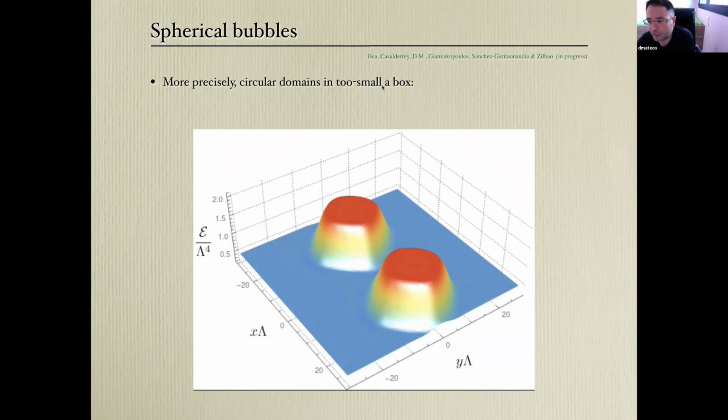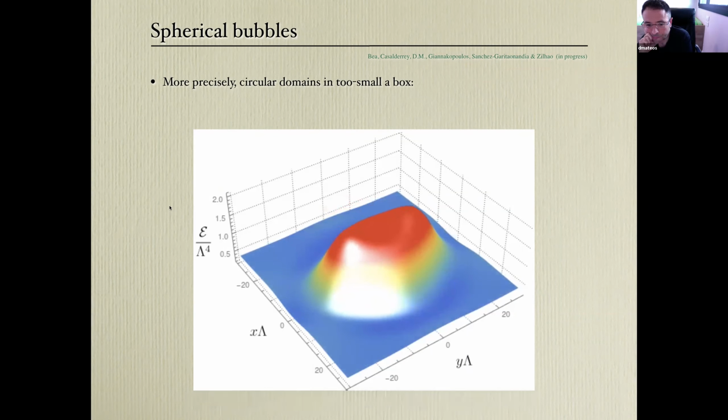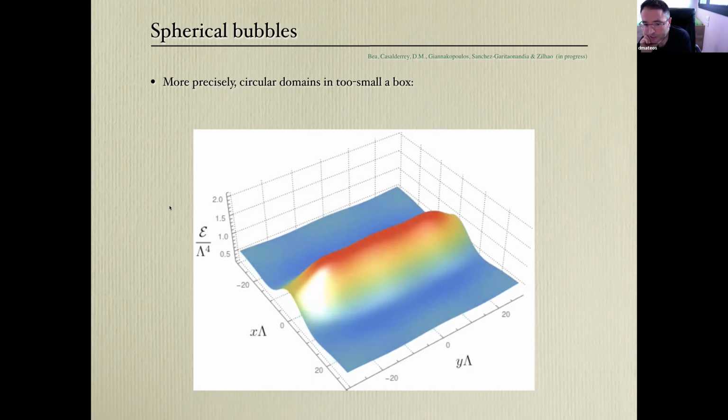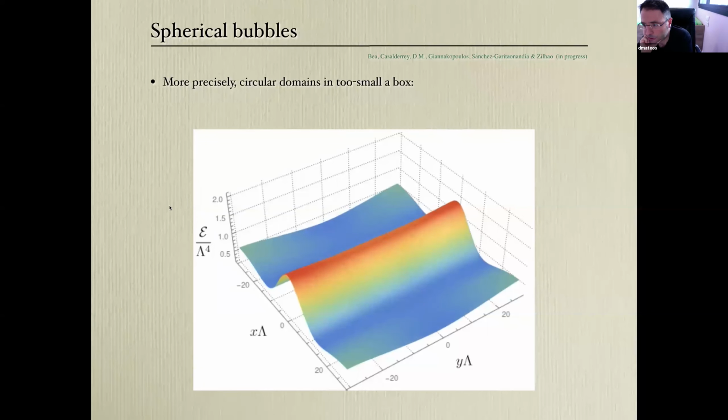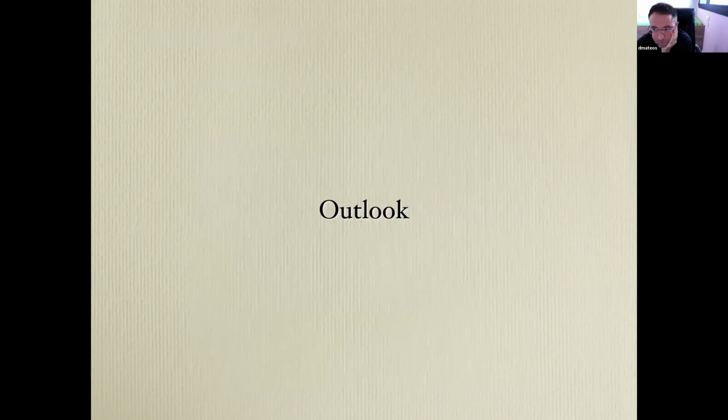So what you're going to see is finite box size effects at some point. So that's what they do. And here's where they reach the end of the box, and then everything that follows is a finite box effect. Okay, this is just to show you that we are going beyond the planar approximation, and hopefully soon we'll have more results. So any questions?